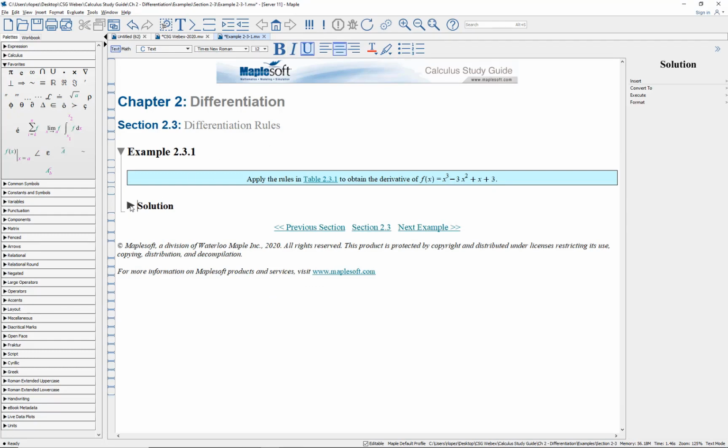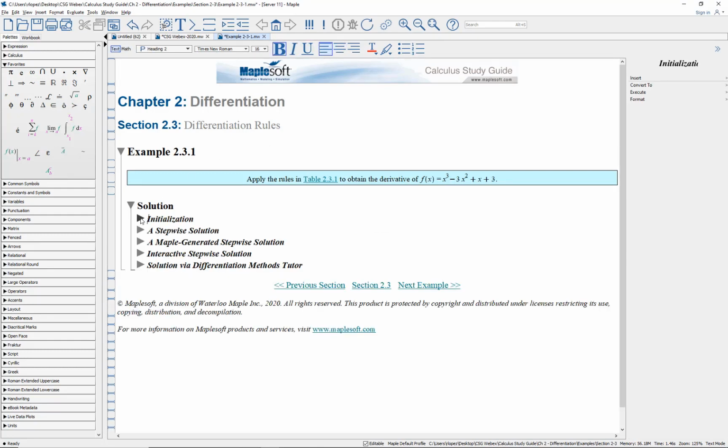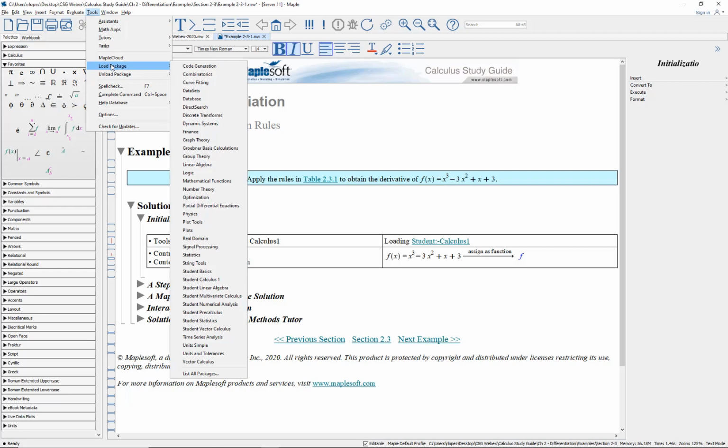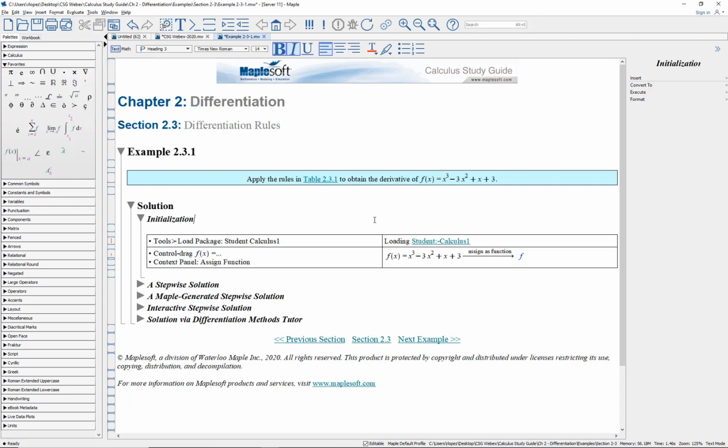By way of solution here, we want to initialize, so that means first bring in the Student Calculus 1 package. Okay, where does it live? It's part of a library. It's all part of Maple. It's just organizational structure. Tools, load package, and go down here to Student Calculus 1. Since it's already in place, if I click this single exclamation point, that will